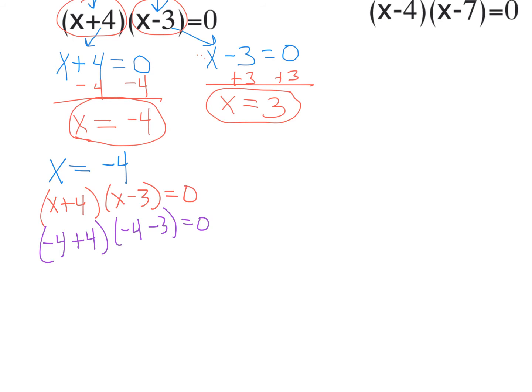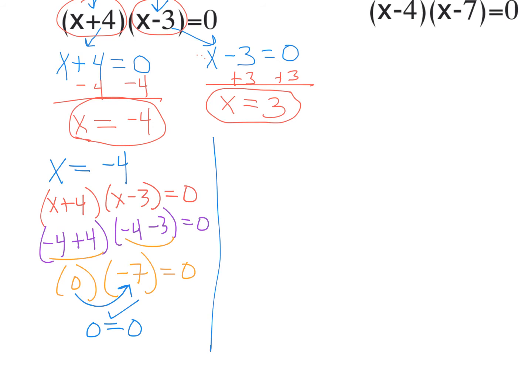Now when I do this and add this up, negative 4 plus 4 is 0, and negative 4 minus 3 is negative 7, equaling 0. And then when I multiply this all together, 0 times negative 7, as we all know, is 0. So students will say, okay, I get that one. So how can it be 3? But in the same aspect, folks,